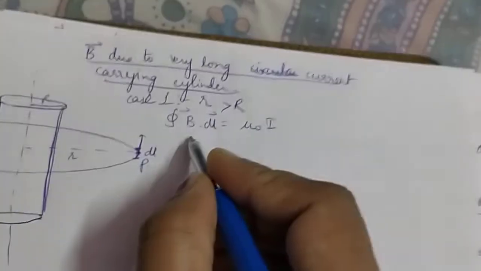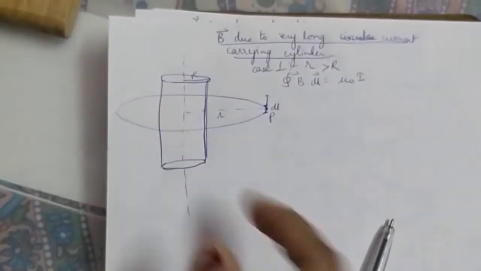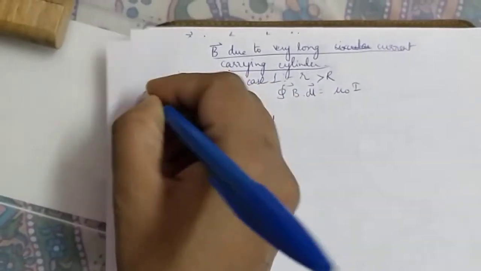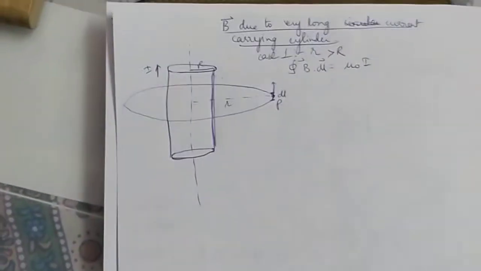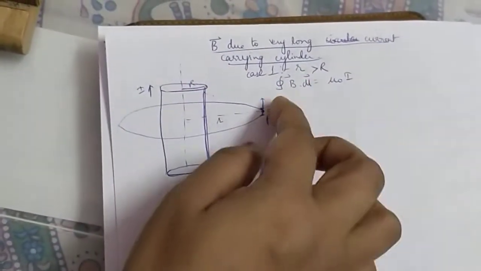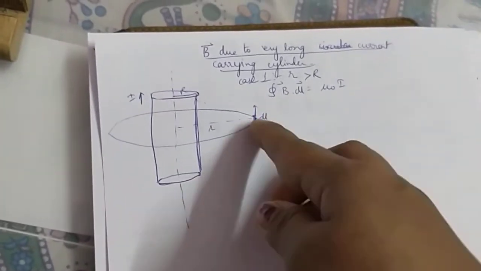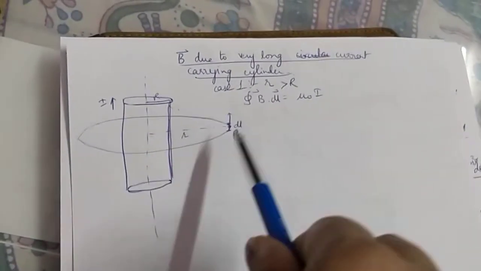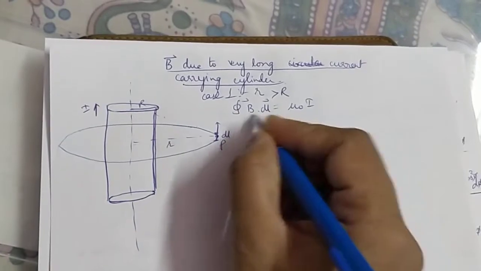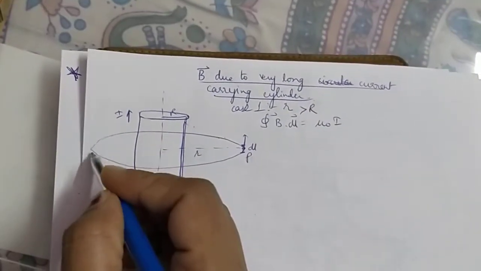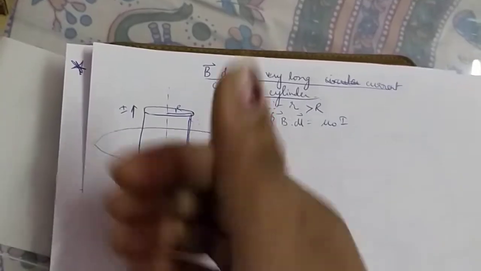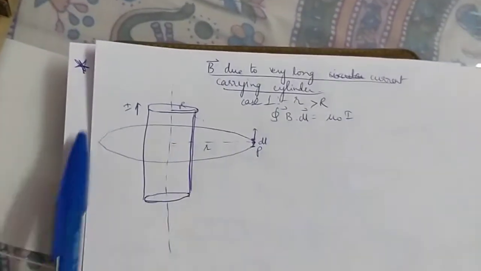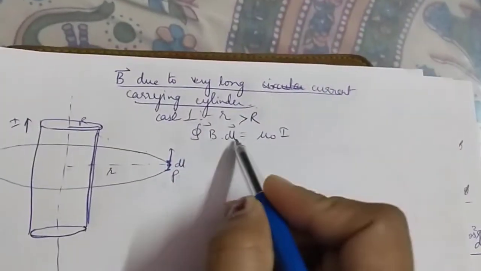Okay, so now your magnetic field, according to the right hand thumb rule, if current is in upward direction, then the thumb will point in upward direction and the curl of the fingers here will be pointing downwards. That means inside the plane of the paper, and this tangential dl is also inside the plane of the paper. Okay, just because of 2D it is looking up, but it is actually inside the plane of the paper. So B and dl, they both are in same direction. If you take dl this side, it will be outside the plane of the paper, and the direction of magnetic field will be outside. So no matter which point you take, your B and dl are always in the same direction.